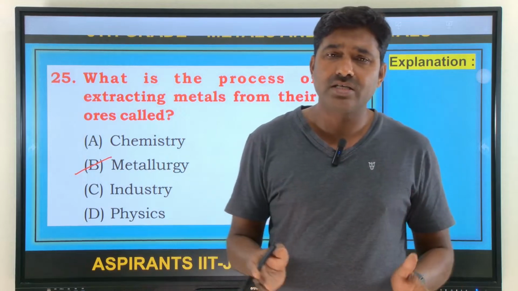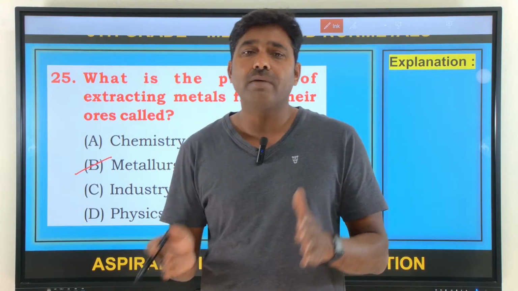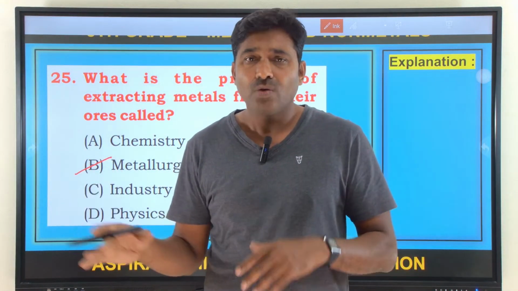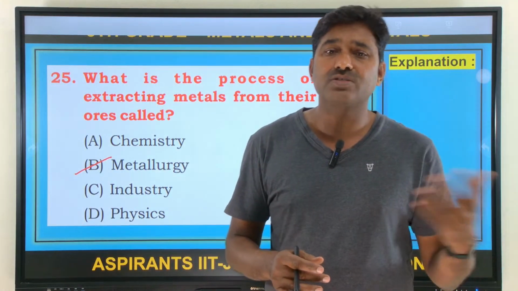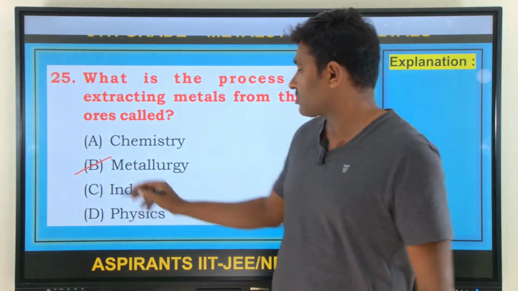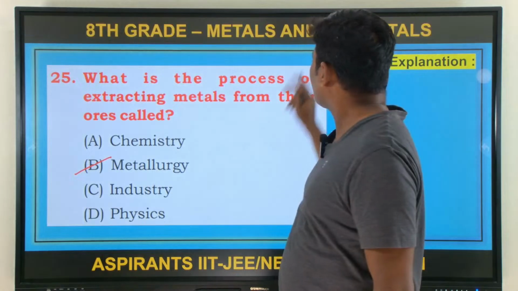Metallurgy. Metallurgy is the branch of chemistry which deals with the extraction of metals from their ores and preparation of their alloys. Whatever principles and techniques we are using in this, all will come under metallurgy. So our correct answer is metallurgy, option B. Now we go to the